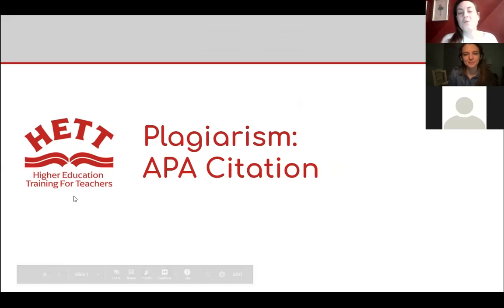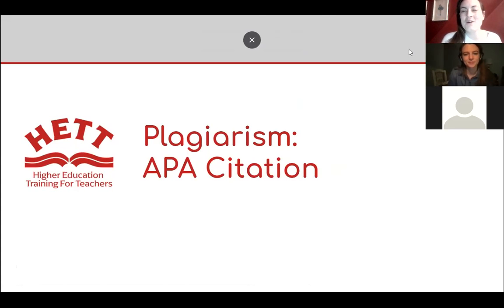Okay, so today we are continuing with plagiarism, and we are going to be looking at APA citation. APA, as I'm sure many of you know, is the most common form of citation. This week we're going to look at APA citation, and next week we're going to be looking at IEEE citation, just to get two different types of citations that are used for two different disciplines.